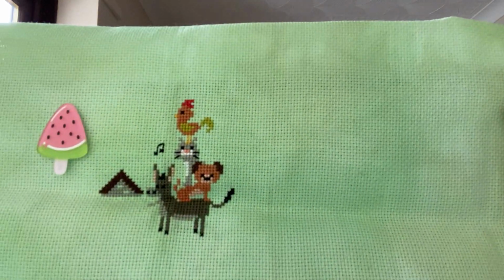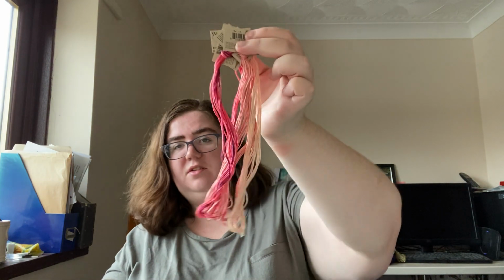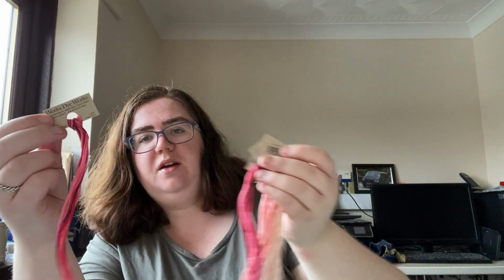Since the last video, I've restarted it on a different colour fabric. It was on a dark fabric, like grey, and I didn't like it. I haven't got as far as I was, so that's where I'm up to, but I'm happy with the progress on that. It was just 2 days. But I was waiting for the hand guide, so I put it away, and then the next day, the weeks turned up. So that one